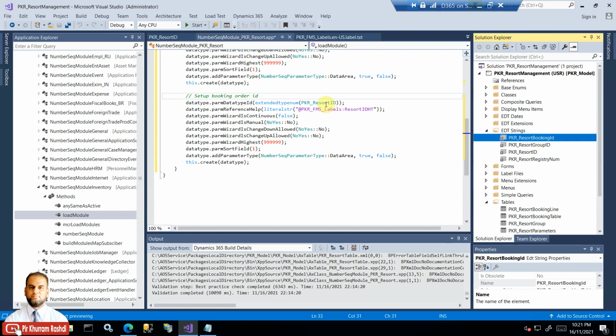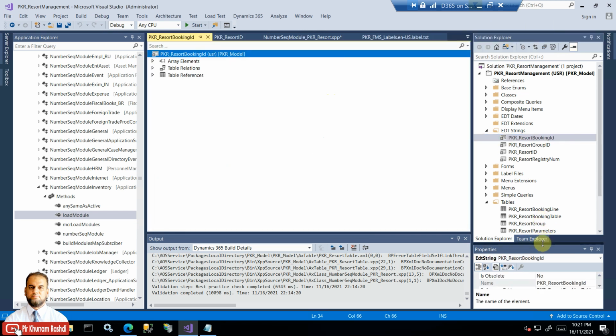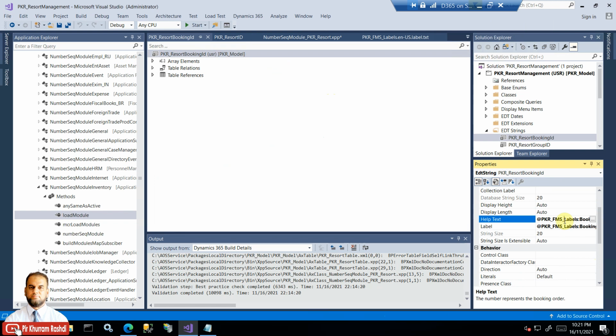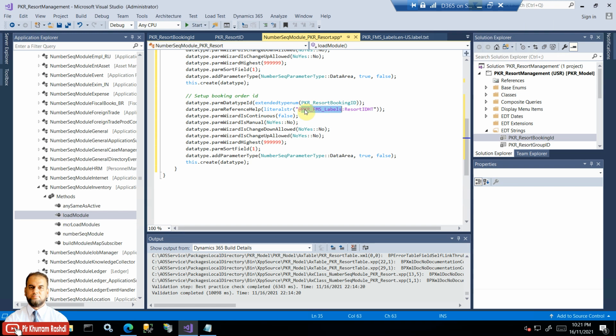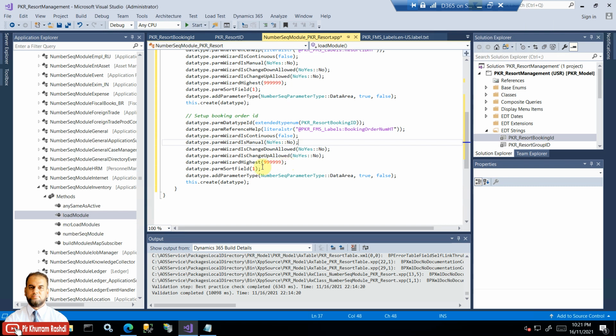That will be resort booking ID, and just copy the help text label and put it here, and remaining